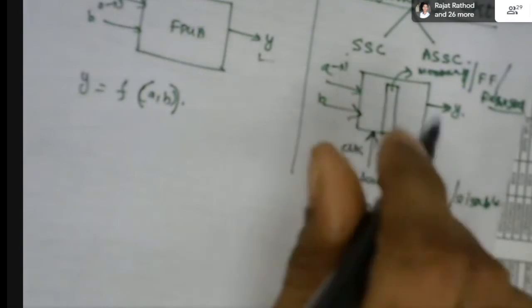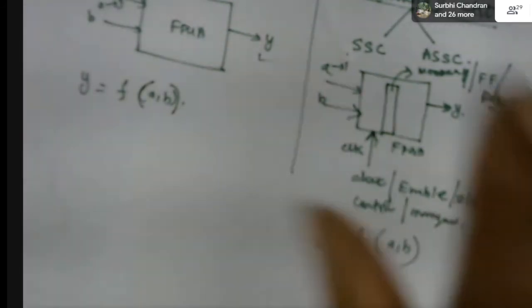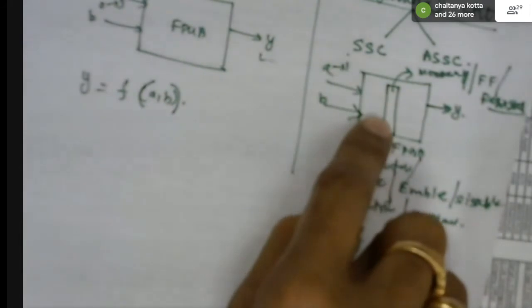Memory units will be introduced in sequential circuits. The idea is, if the output depends on the logical combination as well as the real time, it is called a sequential circuit. Sequential in the sense the operation will be in some sequence. The sequence will be managed by the clock or by the enable or by the latch. If it is a flip-flop, it is called a clock. If it is a latch, it is called enable. So that goes into this section. Therefore, your entire operation will be managed by the logical combination of the input as well as the real time. The real time is important here.